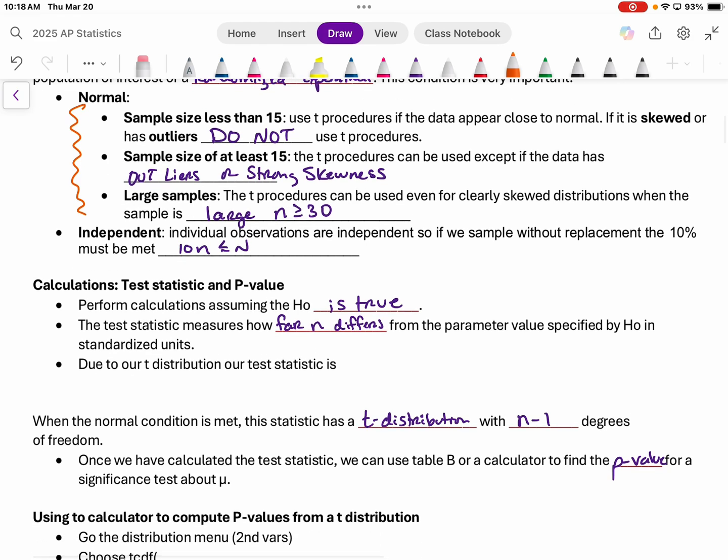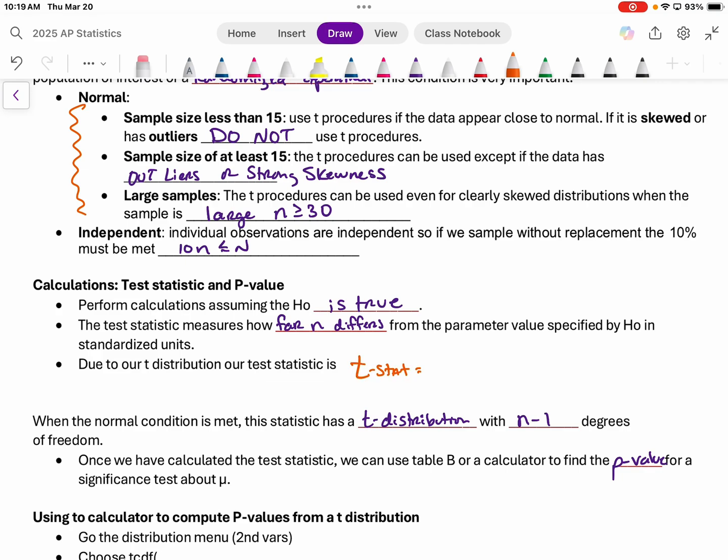When we write our null hypothesis, we are assuming that the null hypothesis is true. And then the test statistic is how far away x bar differs from the parameter. So we have a t statistic in this part here, as opposed to a z-stat when we did hypothesis testing for proportions, due to our t distribution. This is what the generic formula looks like for our t statistic,